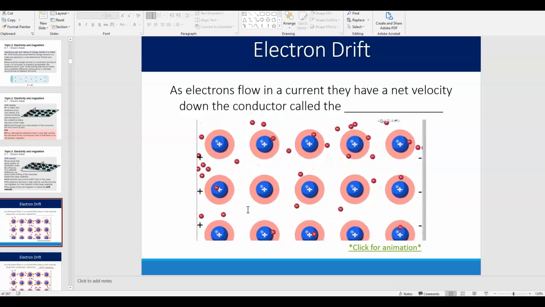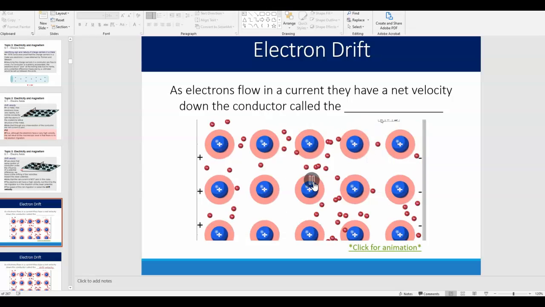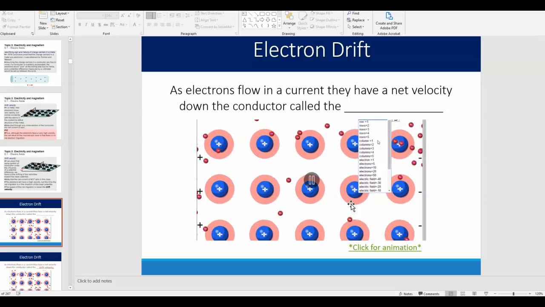Okay, so in the first instance right here, we have random motion of electrons. That means there's no drift velocity. We just have a piece of metal sitting on the table. And then if we apply a potential difference, as you'll see in just a second,